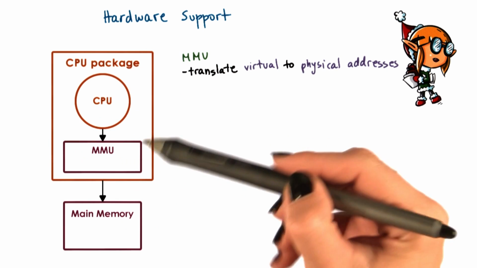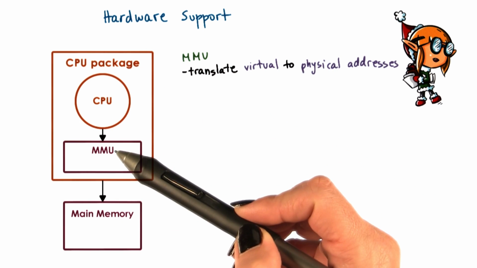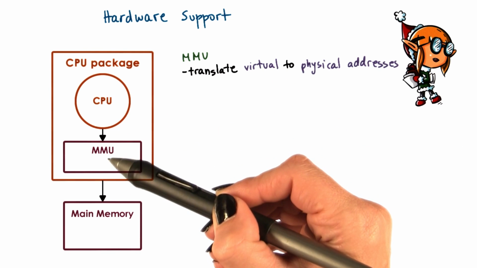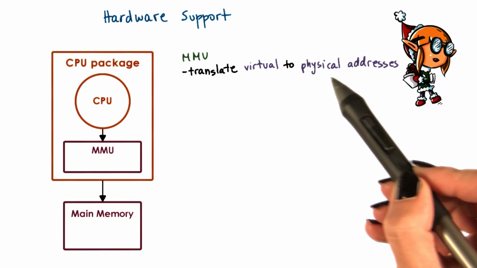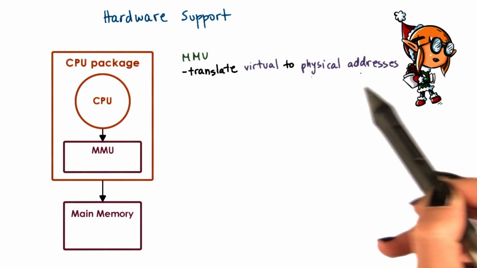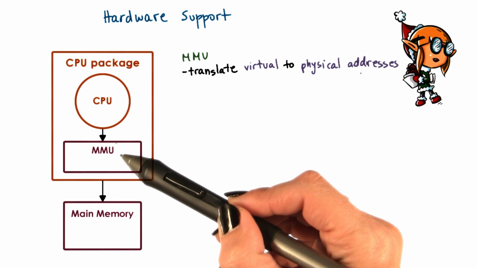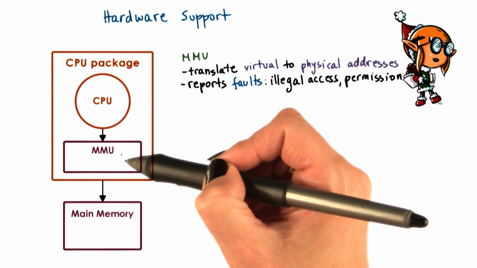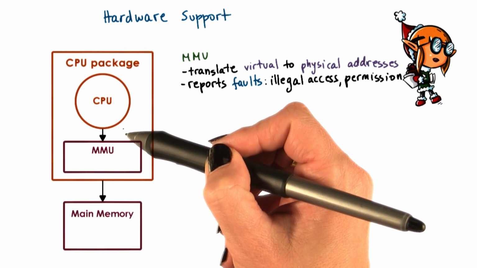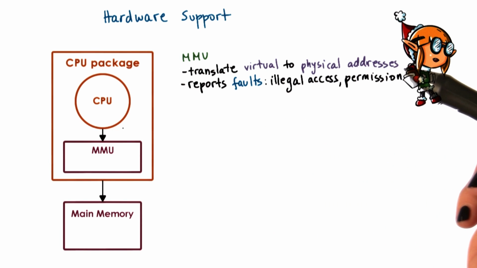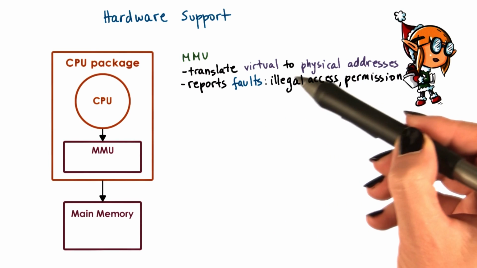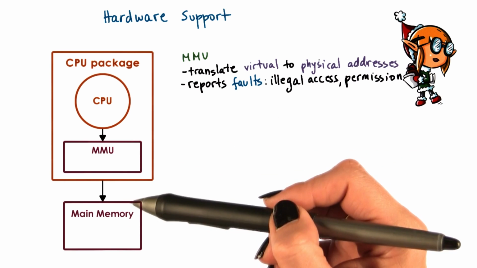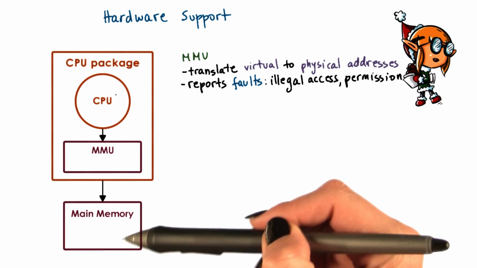First, every CPU package is equipped with a memory management unit. The CPU issues virtual addresses to the memory management unit, and it's responsible for translating them into the appropriate physical address. Or potentially, the MMU can generate a fault. Faults are an exception or a signal generated by the MMU that can indicate one of several things. For instance, it can say that the access is illegal, like the memory address that's requested hasn't been allocated at all,